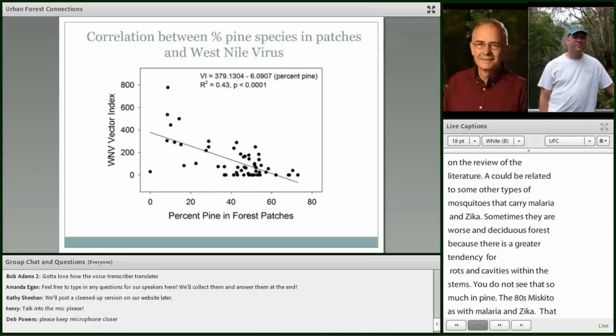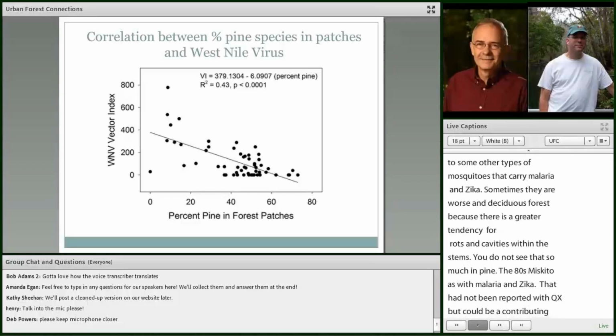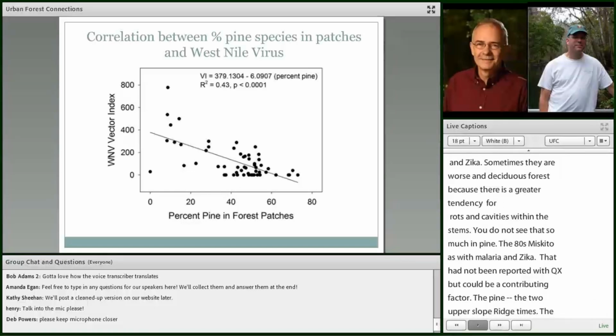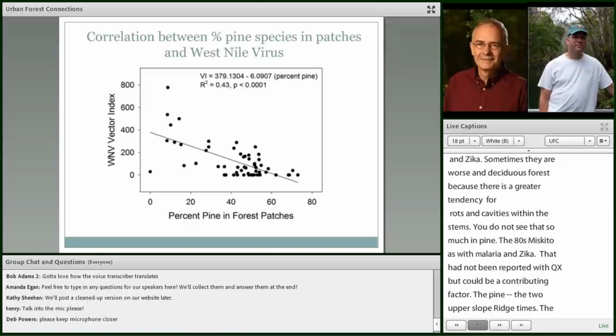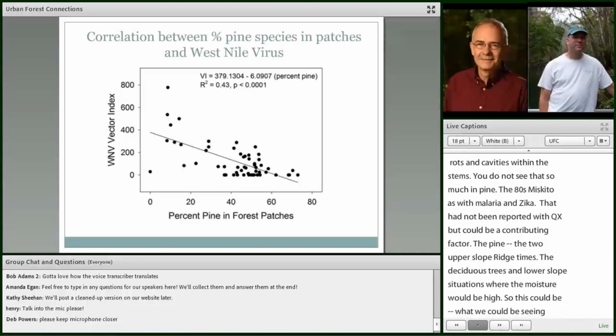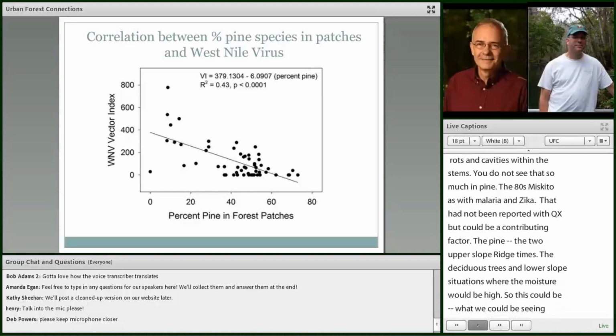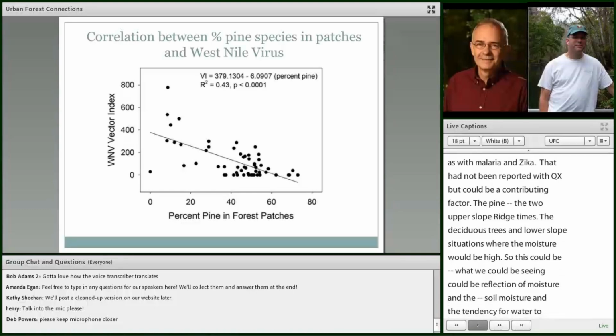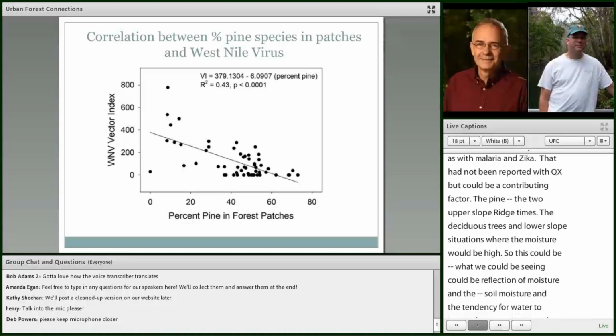Mid to upper slope ridge tops, the deciduous trees primarily in lower slope riparian situations where the moisture would be high. And so what we could be seeing here could be a reflection of soil moisture and the tendency for water to accumulate or not accumulate. So not really sure of the driving factor here, but nonetheless that was very